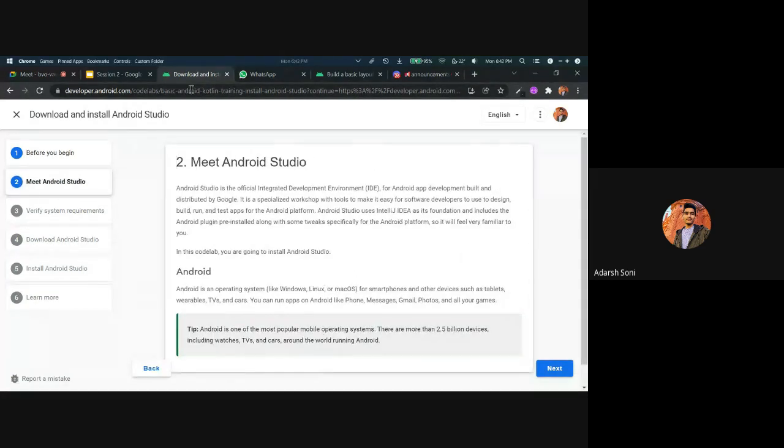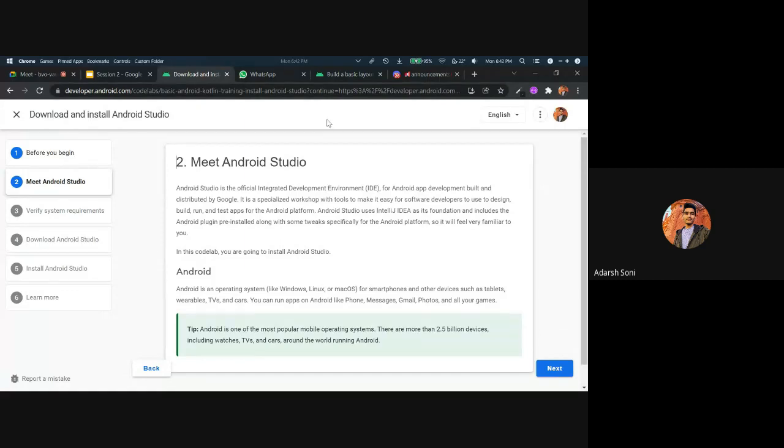So let's talk about what is Android Studio, right? Android Studio helps us create Android apps. Android Studio is what's known as the IDE or integrated development environment. If this is your first time working with an IDE, you can think of it as being like a workshop with a lot of tools. These tools help you create your code and lay out how your app will look on the screen.